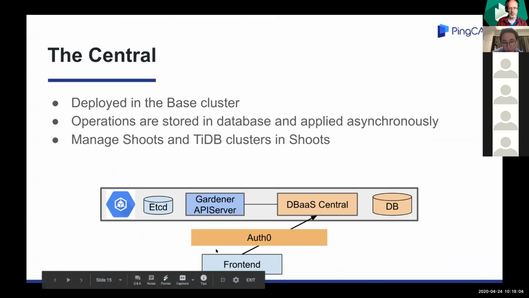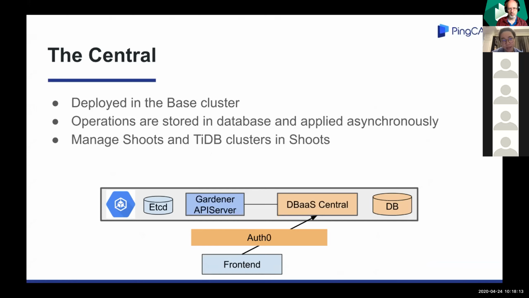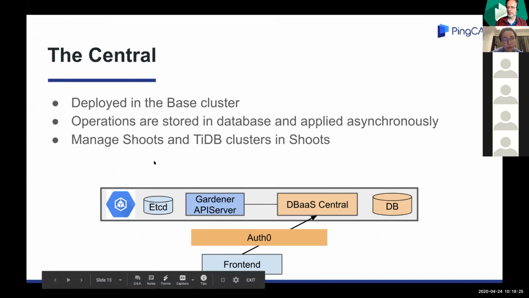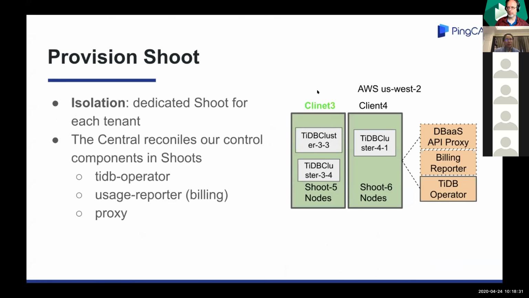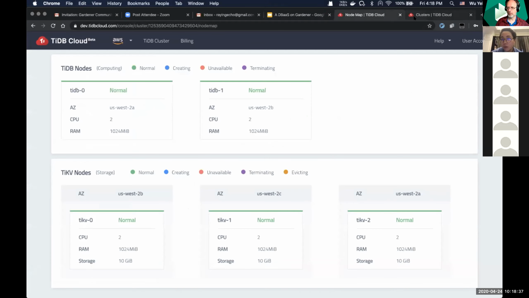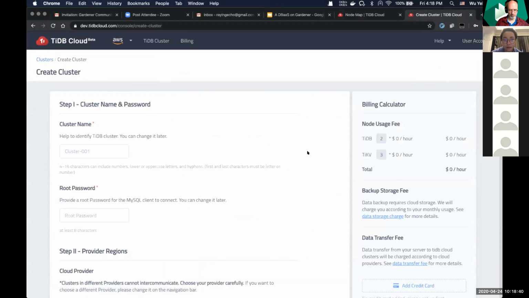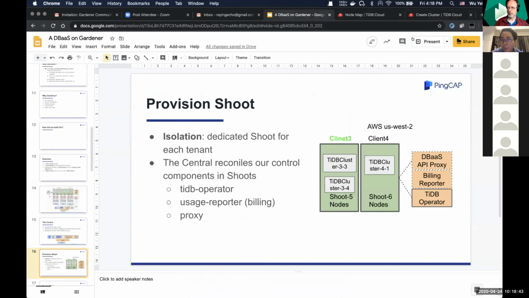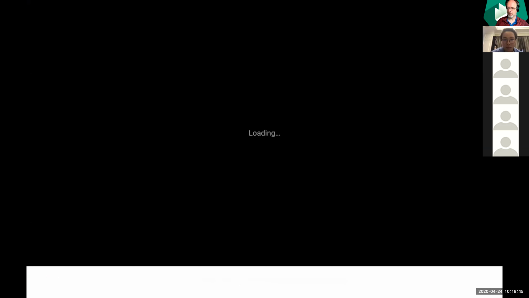All the operations triggered by the user are stored in the database first and applied asynchronously, just like Kubernetes stores the resource in etcd and applies it in controllers asynchronously. And the central is responsible for managing shoots and the TiDB clusters in shoots. For example, when a user creates a cluster in the TiDB Cloud UI, the central will first